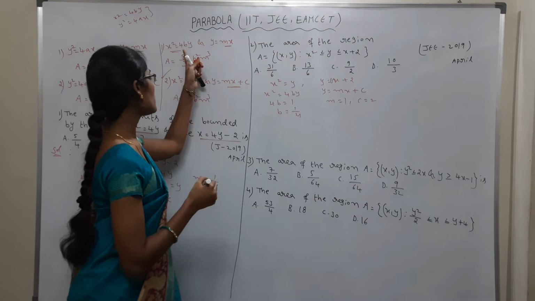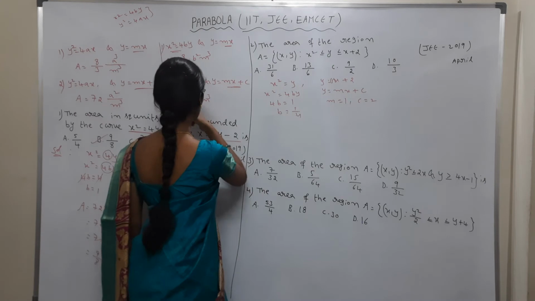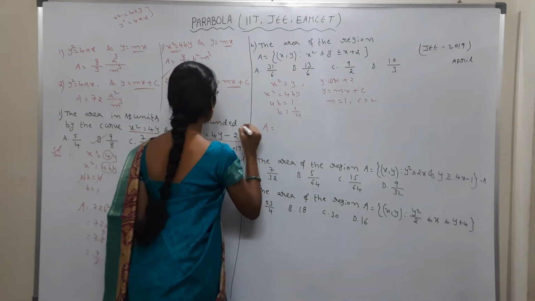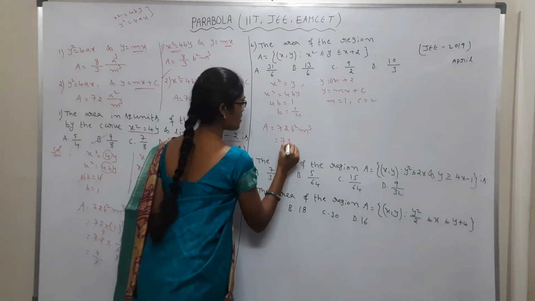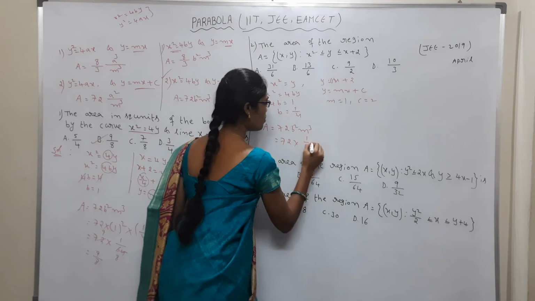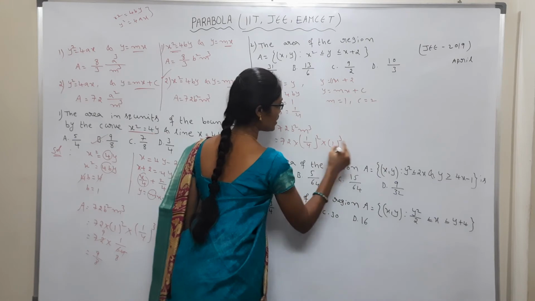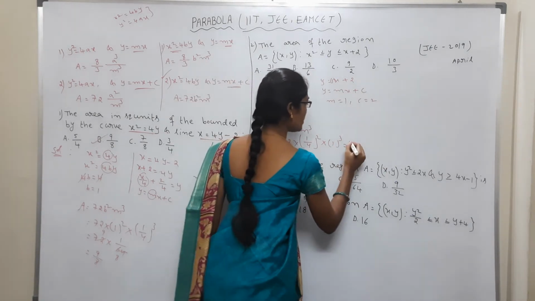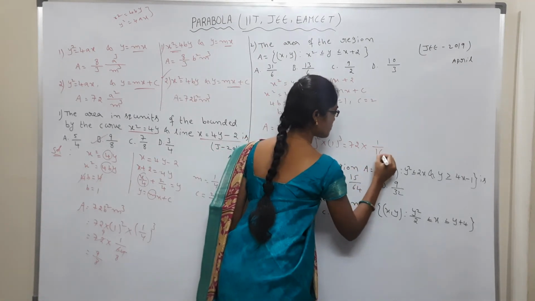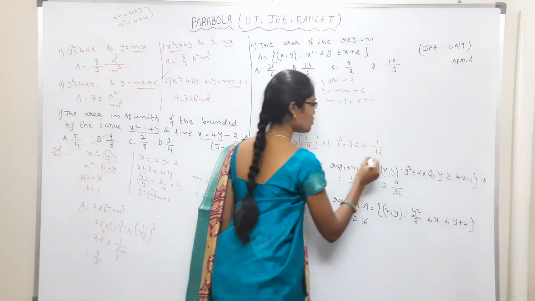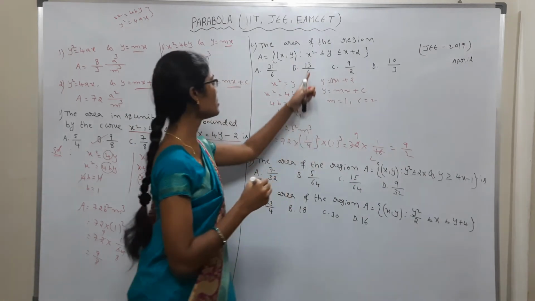So x square is equal to 4by and y is equal to mx plus c. Which form, and how do we use this formula? Area A is equal to 72 b square by m cube. So 72 into b square, 1 by 4 whole square, into m cube, 1 cube. 1 cube means 1, no? So 72 into 1 by 4 whole square, so 1 by 16. Now again the 8 table: 8 2s are 16, 8 9s are 72. That is equal to 9 by 2 square units.